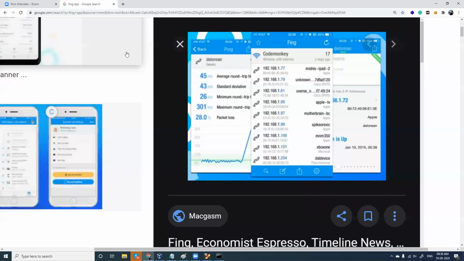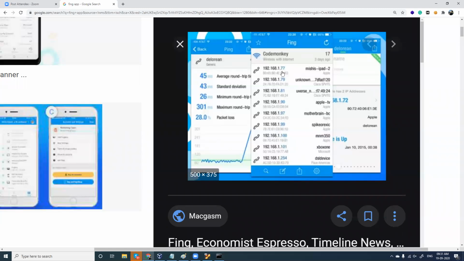Or when attackers use this, when you are going to a coffee shop, you're connected to a free Wi-Fi, and you open this Fing app, what output will you get? You'll get the other devices which are connected to this free Wi-Fi. So the attacker's objective is first to get anyone's IP address and MAC address.